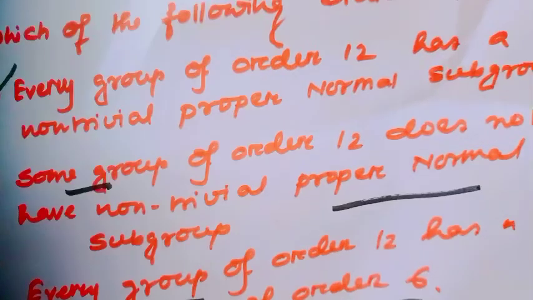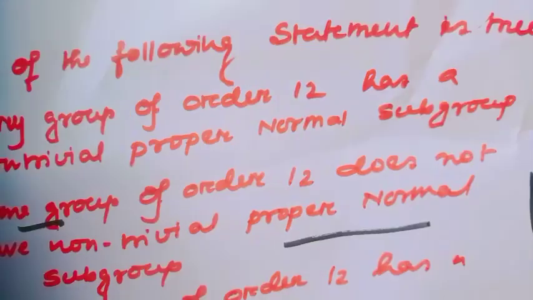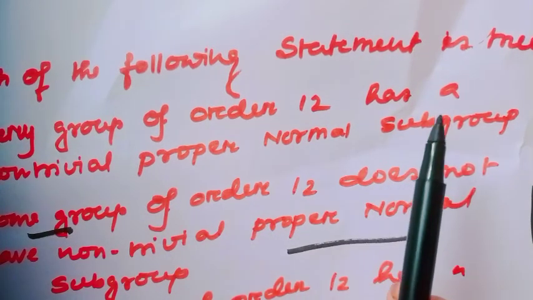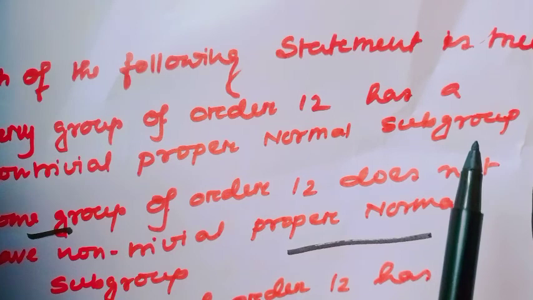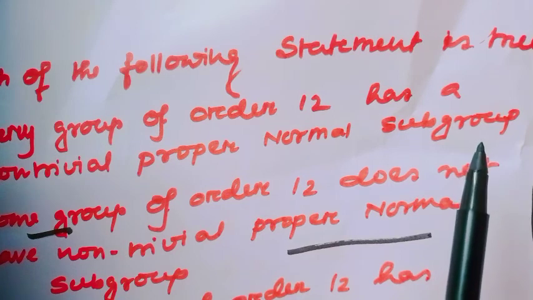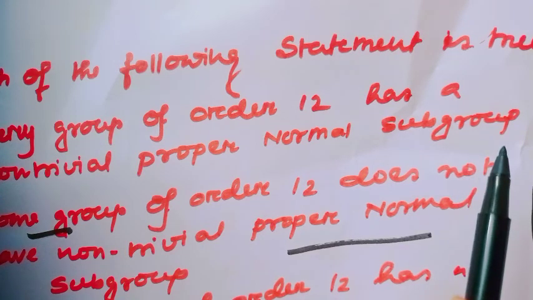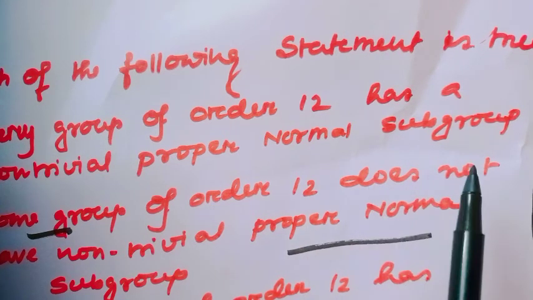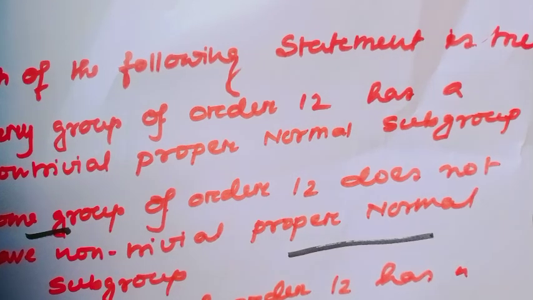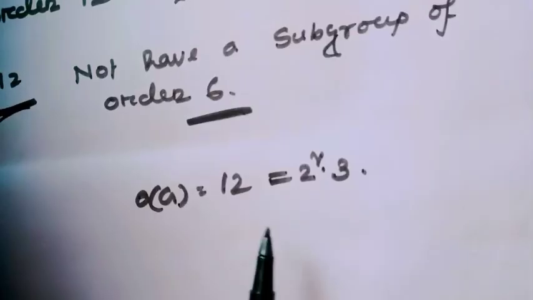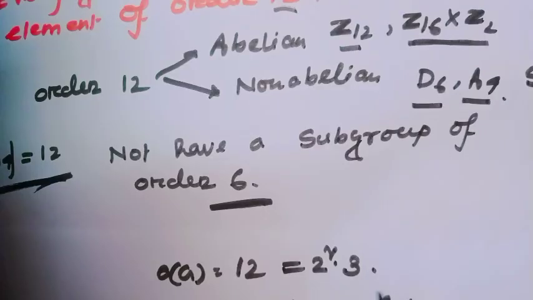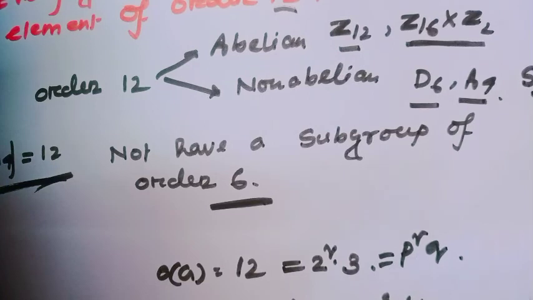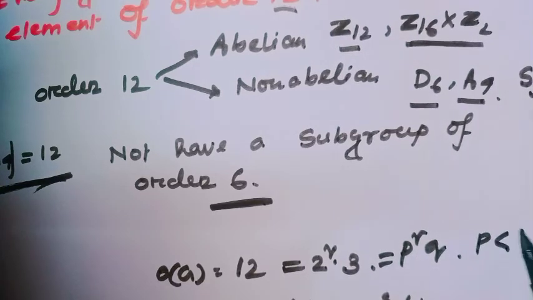This is just a shortcut trick. I have indicated this group here to know the construction of any group. So I will use here Sylow's theorem. But for example, you can use the example. See the Sylow theorem. Here notice the order of the group is 12. This is equal to 2 square times 3, which looks like a P square Q type group, where P is less than Q.